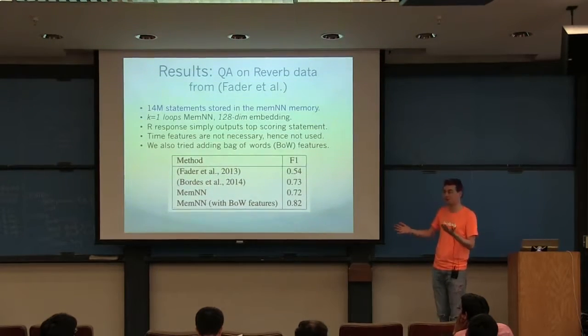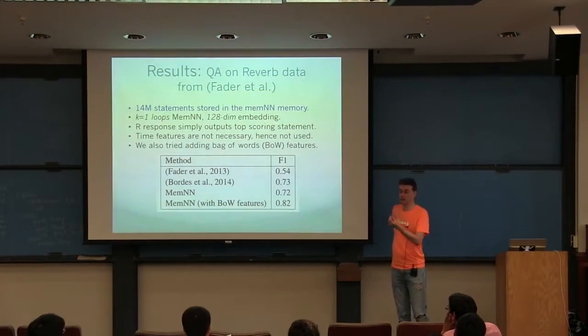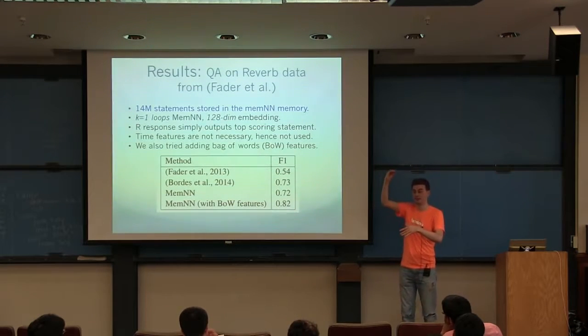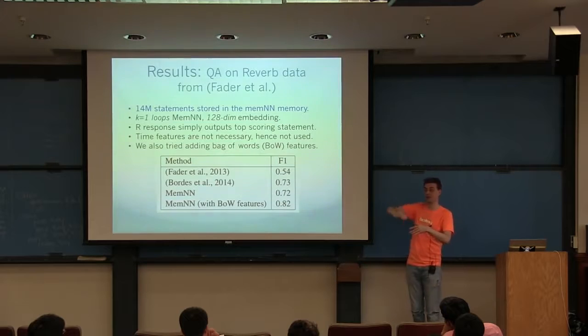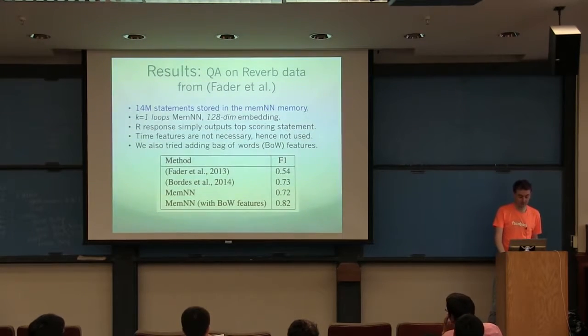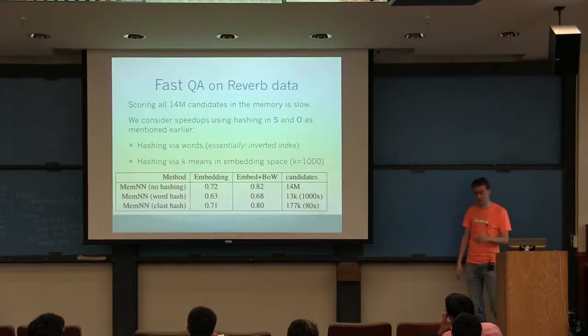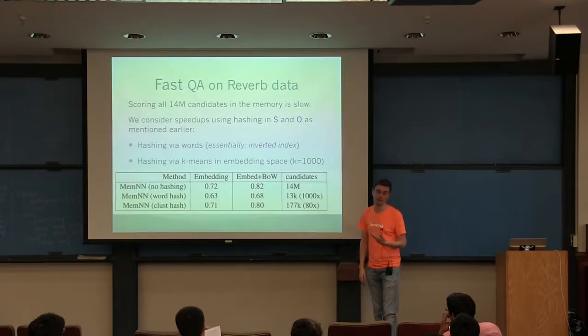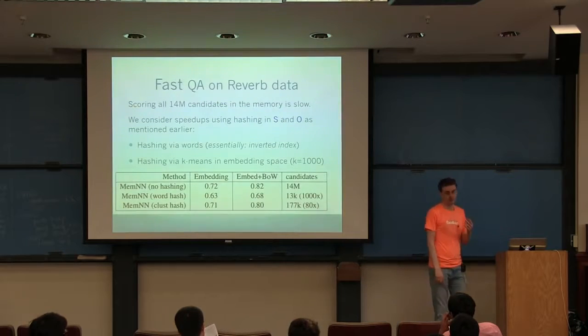It scales to these problems, except for the cost of going through the 14 million facts. You actually have to run the matching function over all these 14 million facts, and that's not good. So that's why we explored some ways to speed that up. We took two possible ways.